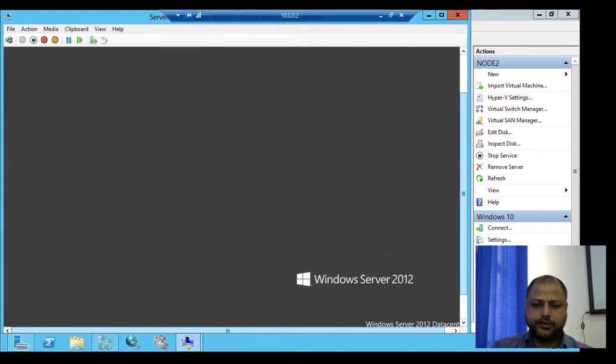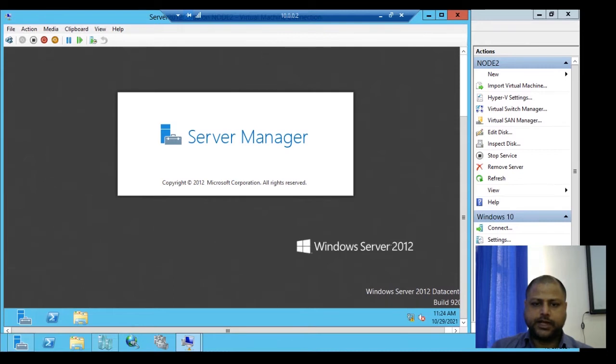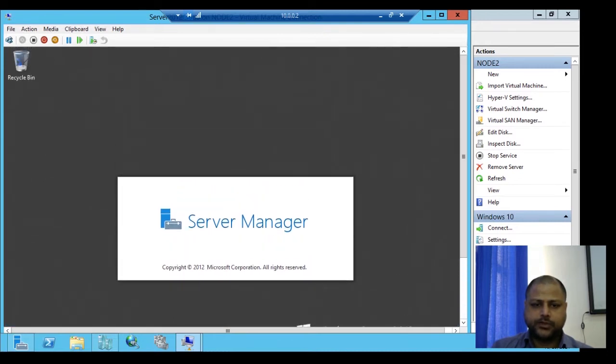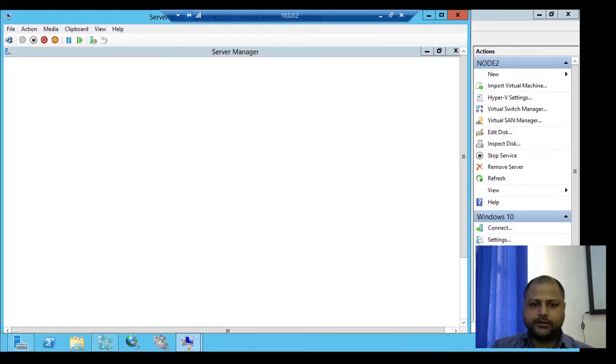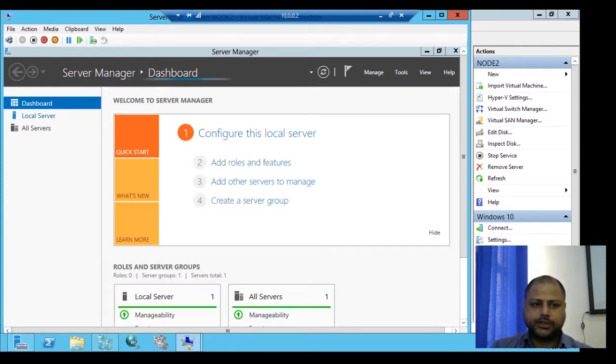It is already configured with the domain controller. So we'll move to the dashboard of the server, that is Server Manager. The first thing we need to check on the server is that it should be configured with a strong password. It is also configured with the roles and services, it should be configured as a domain controller, and it is configured with the DNS address also. We'll check these things before we join a client system to the domain controller. That means it will become a member of the domain, that is a domain client.